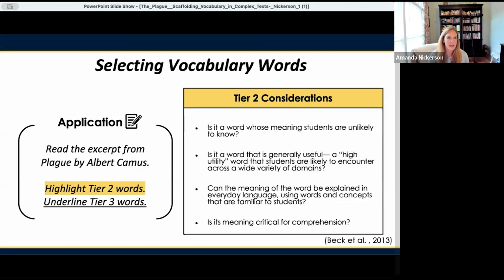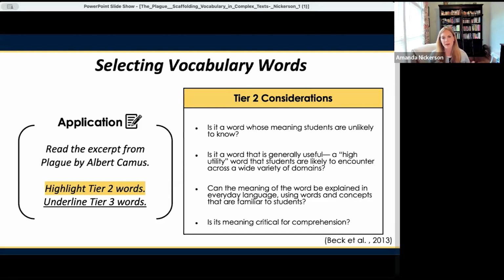So typically when I'm in a face-to-face session and I'm doing a presentation like this, I'll invite everyone to highlight a passage or an excerpt from a text. And what I'll do is have them highlight the tier 2 words and underline the tier 3 words. I'm going to show you an example of what that would look like on the next slide. But what I want to frame this around are these tier 2 considerations, right? Like if you're doing a novel study, if you have a text in your class that you've commonly pulled in,